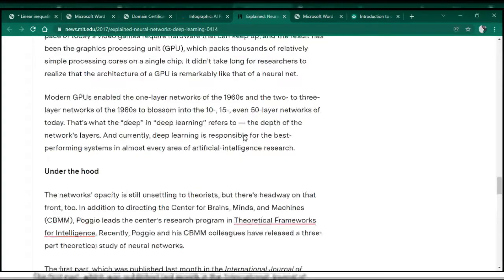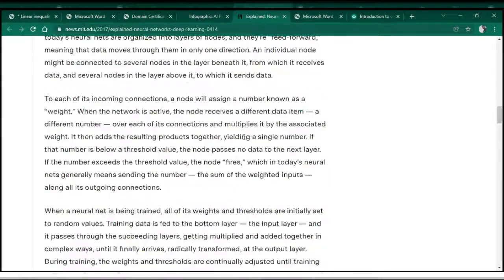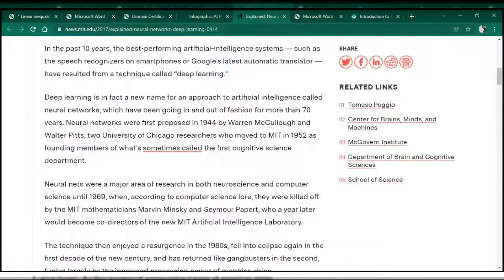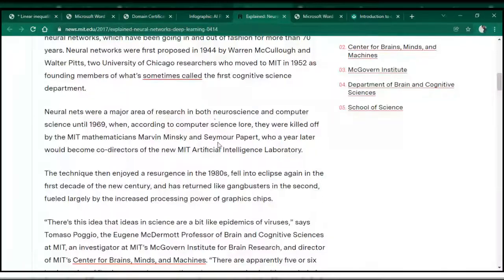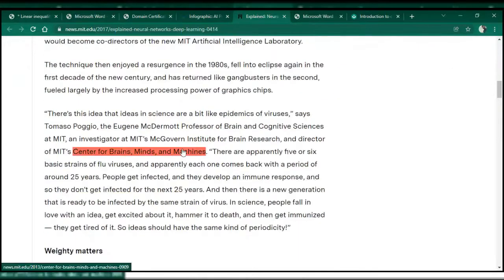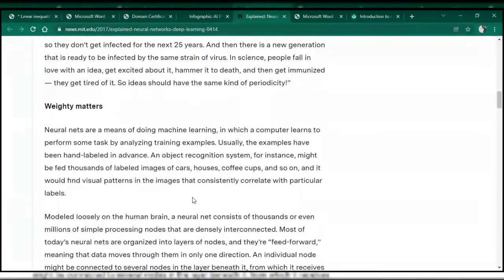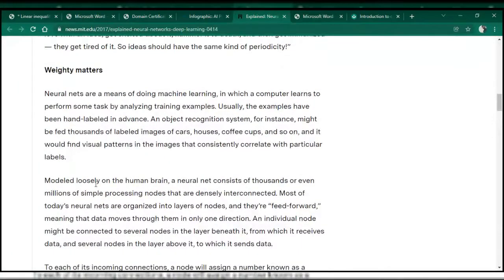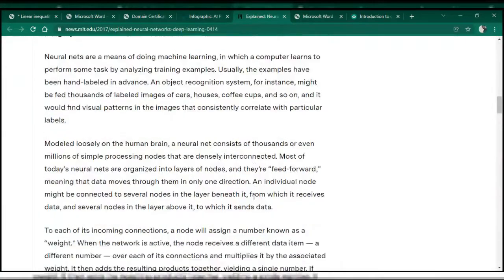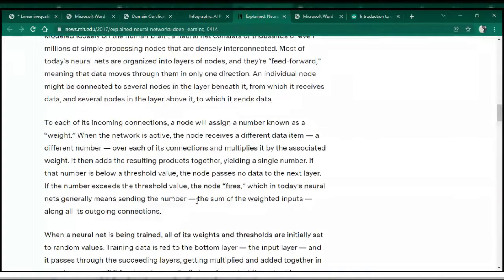This page is just the theory part. If you read it yourself, it might be a little confusing, because even I did not understand most of the things here. There are names of engineers and certain terms that you are supposed to read and memorize. I can't explain them. Whatever it was, like how the human brain functions, all that I have explained. But if you go through it once, you'll be able to remember it.